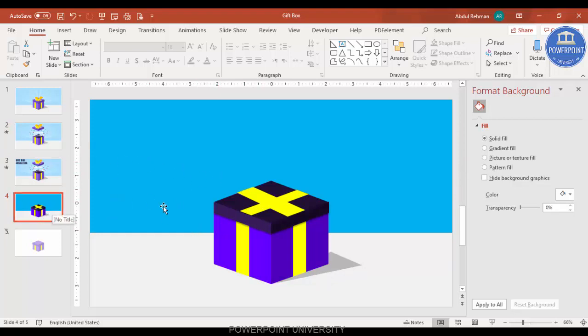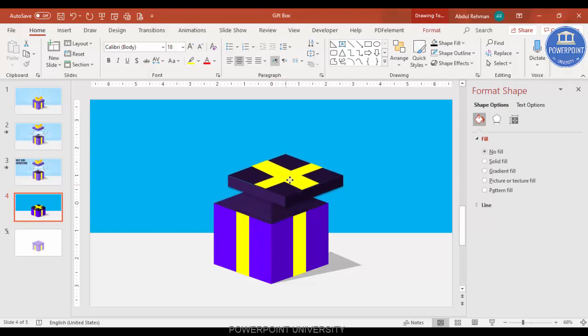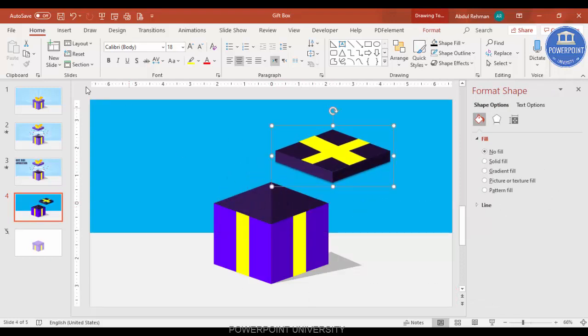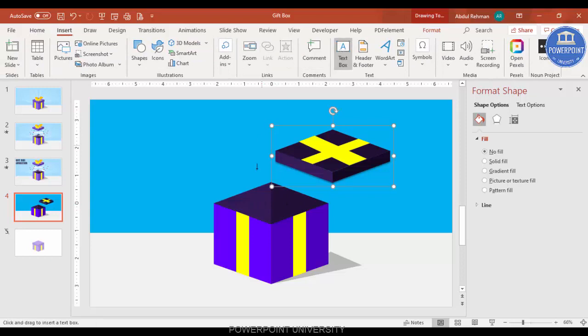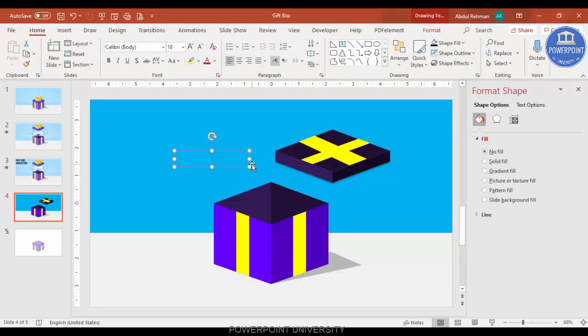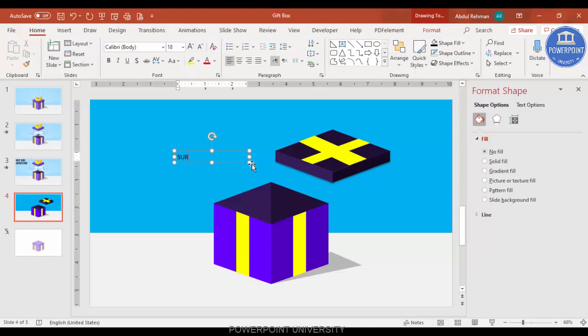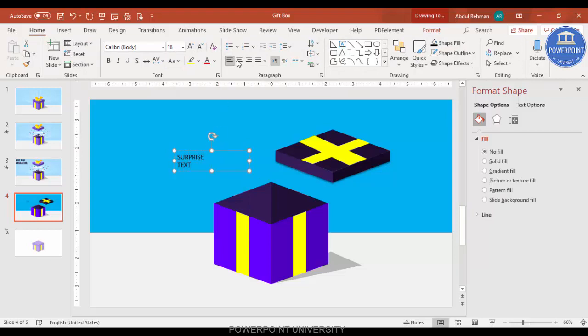Now I'm going to just move this one here a little bit, and then I'm going to add one text here. Go to insert text box, and I'm just saying that surprise text, center align, make it bold, Century Gothic. You can see here Century Gothic. Font I'm going to choose, or whichever best font you want, we can just add it here. Make it bigger, make the font as white, you can see here,